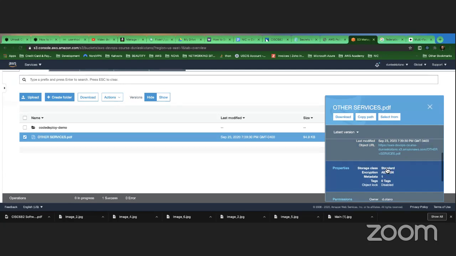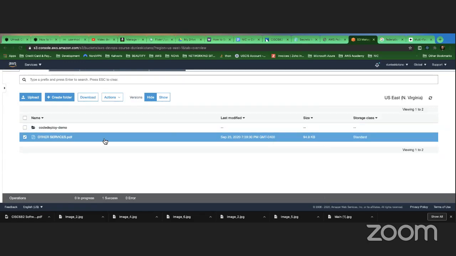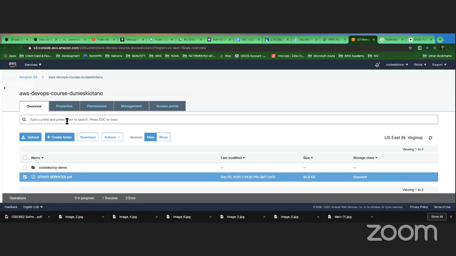So that's called server-side encryption. Whenever you enable server-side encryption in an S3 bucket, everything that comes after that will be encrypted. You don't have to encrypt it in transit or anything. As soon as it lands there, it's going to be encrypted. Of course, you can force encryption in transit and client side.